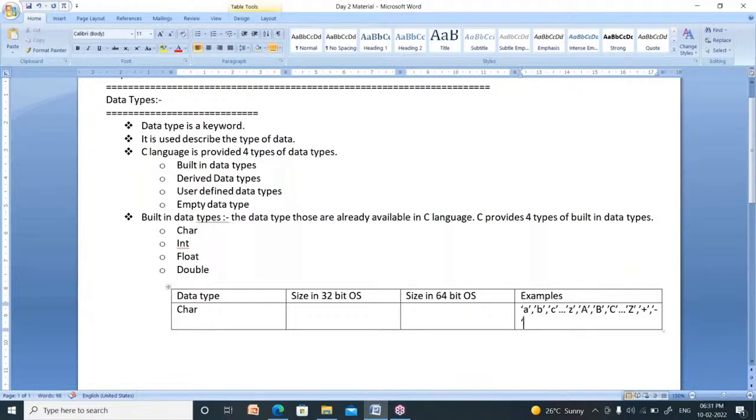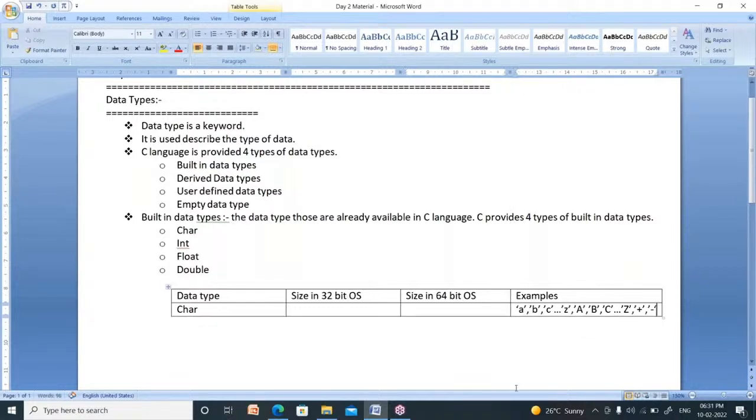All are called characters. The data included within single quotation marks is called a character.